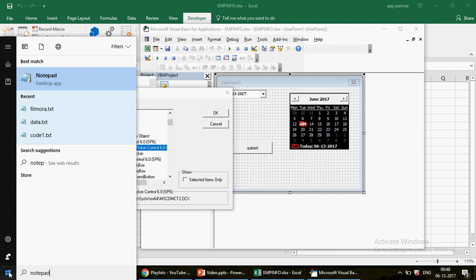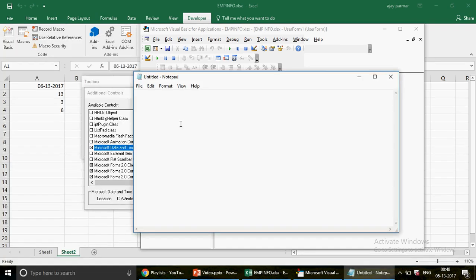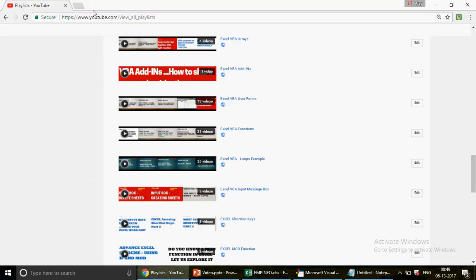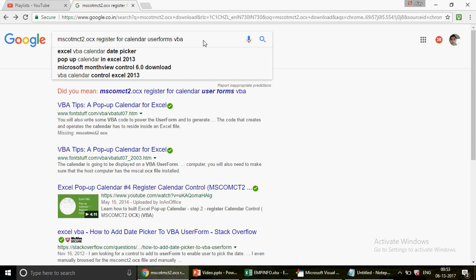I'm going to actually start from scratch. I'm going to tell you all the instructions so that you should not face any problem. So this is my library, mscomc2.ocx. Okay, now what you can do is you can just copy this, and I can go in Google. So this is what I have written here, the file name .ocx register for the calendar, user form VBA,